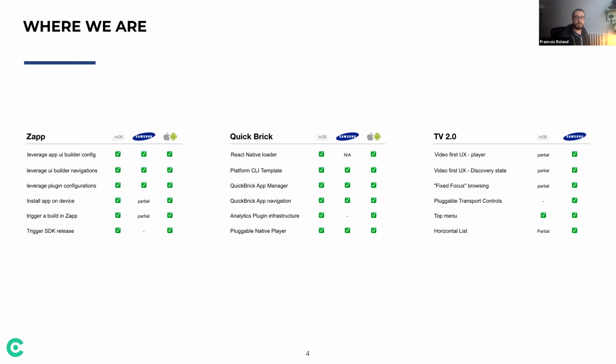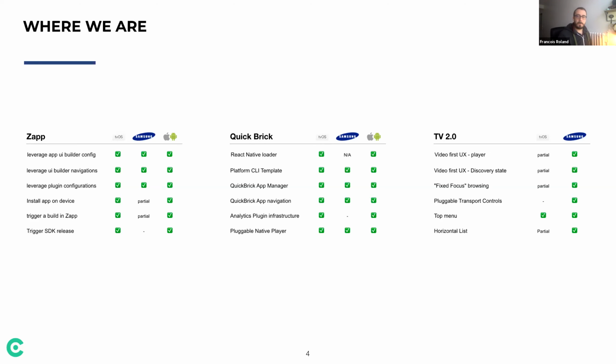And the discovery state is that the app switches between, let's say, three main states. One is you have just the player, so you're enjoying the content. Then you have another mode where you have just the controls on top of the player to play, pause, and interact with the video. And then you have the discovery state where you have the UI mounting on top of the video itself, so it doesn't completely break the viewing experience.